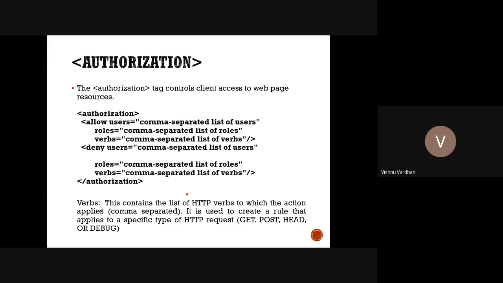So the verbs, we can see this is actually a list of get, post, head, and some of the verbs we can attach. So what are the users, they can post information. What are the roles, they can get the information. What are the roles, they can see the header information. So these kinds of manipulations, all these can be employed by using this authorization. So it's a very handy way of getting the things done without going into the coding.